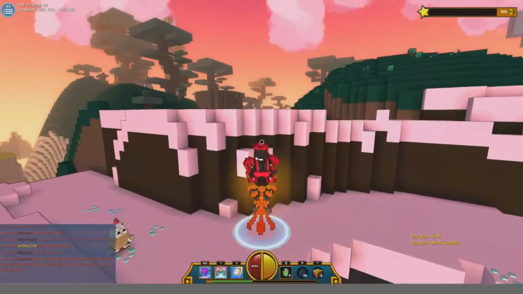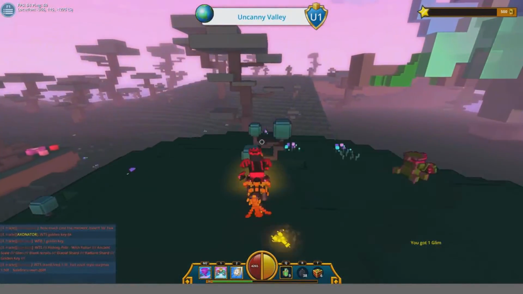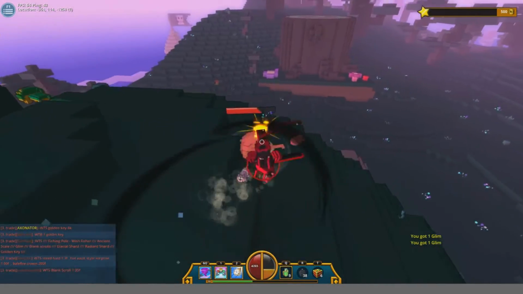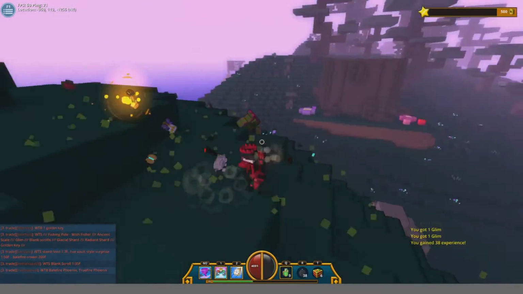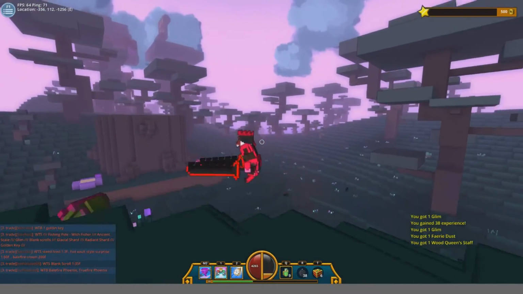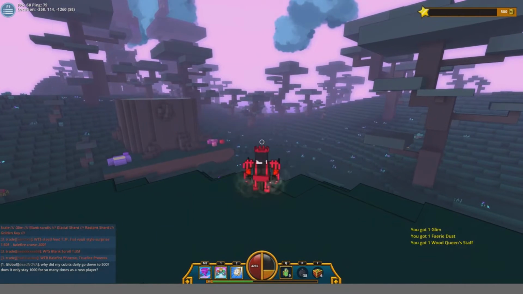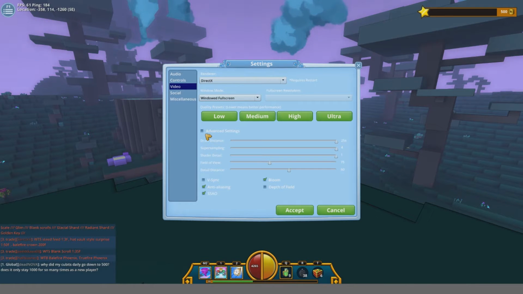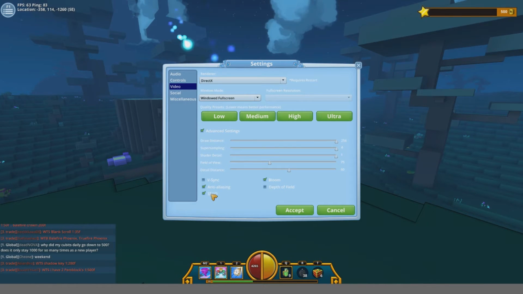Here's a biome I wanted to go to, since this was kind of like mysterious. Right, let me take care of these real quick. Alright. So, let's test out these new settings. Try and get higher. Gotta go advanced, and I guess I've already had them activated from when I typed them in. I thought they'd never saved, but